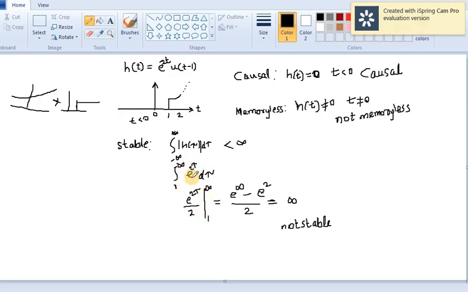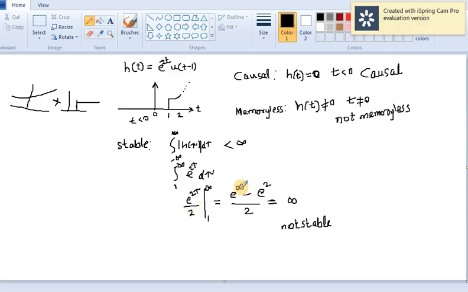So, when we integrate, the integral of e raised to 2t is e raised to 2t divided by 2, from 1 to infinity. When we substitute the limits, the upper limit gives e raised to 2 into infinity, which is again infinity, minus e raised to 2 into 1,